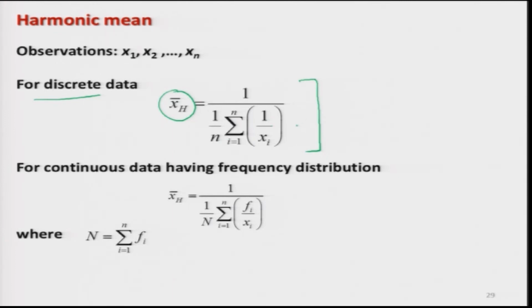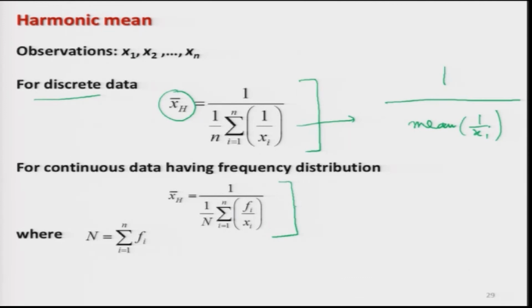So, doesn't it look as if I am trying to find the mean of the inverse of the observations, and then I am taking the inverse once again? And the same definition holds for the continuous data, for the group data, and the expression for finding the harmonic mean is like this.